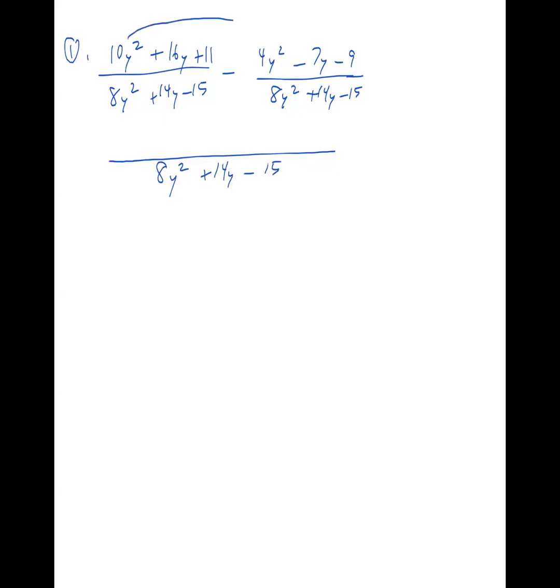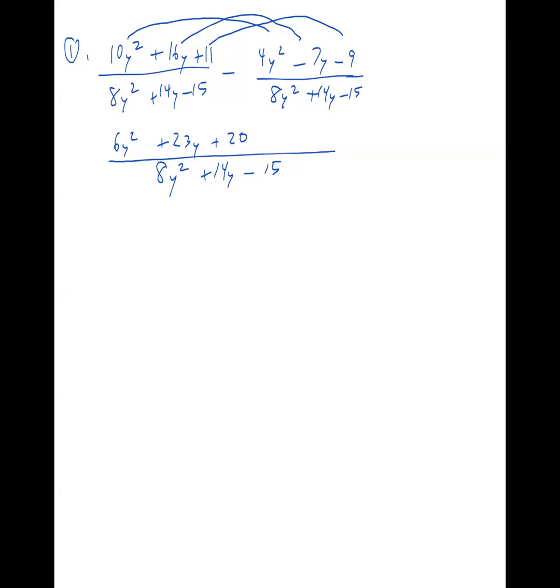So what is 10y squared minus 4y squared? That's 6y squared. And what is 16y minus a negative 7y? Remember, when you minus a negative, it's like a positive. So 16y plus positive 7y is equal to 23y. And then positive 11 minus a negative 9 is positive 11 plus positive 9, which is 20. And now